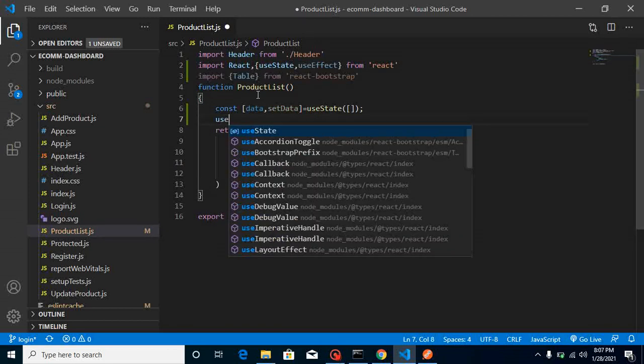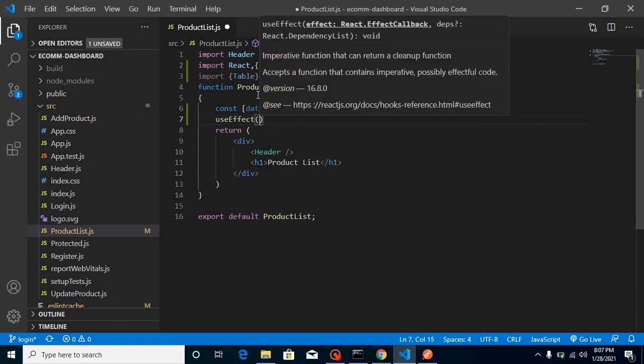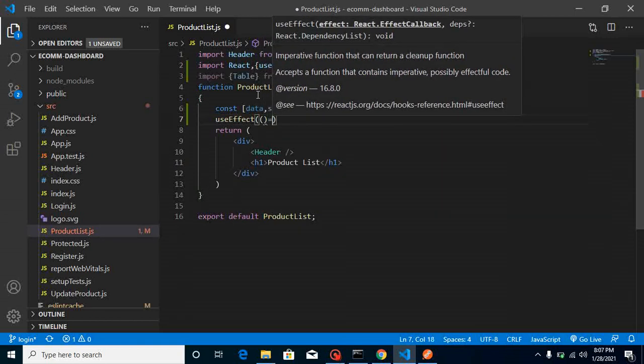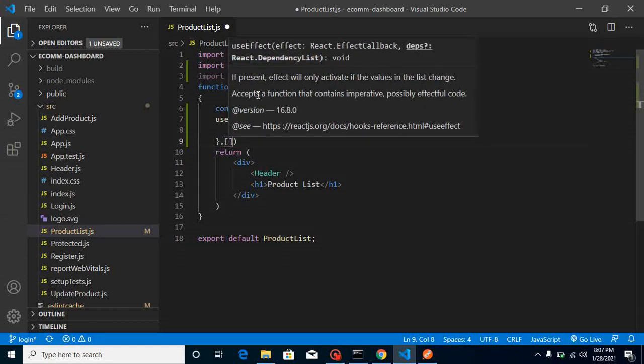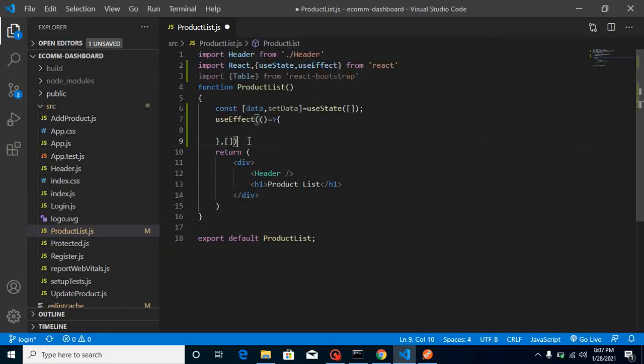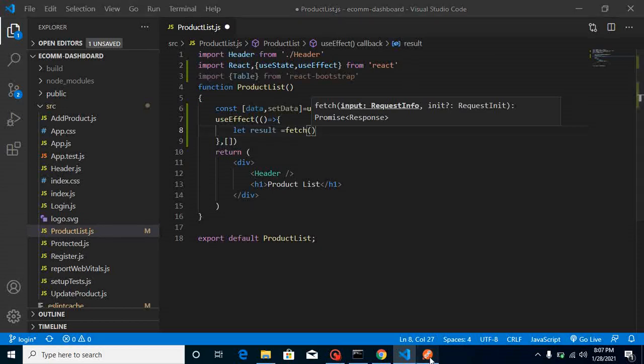After that, just write useEffect here, and let me add a blank array, so that this useEffect is called only one time whenever our component is loaded. Let me take a variable with the name of result, and use the fetch API method.